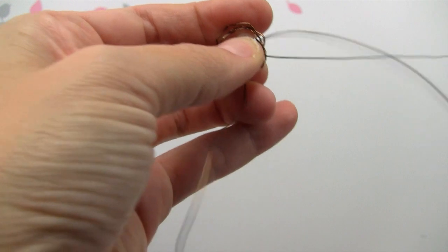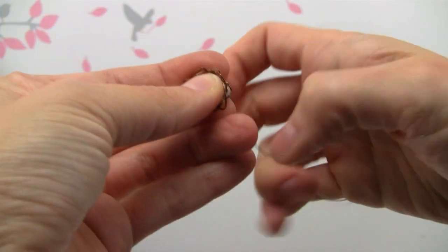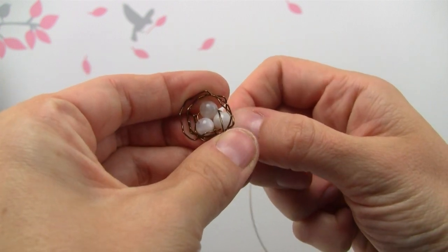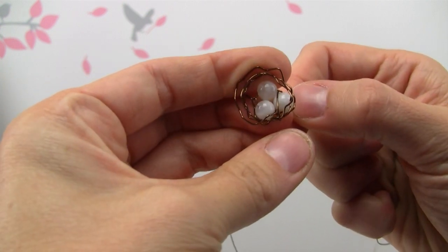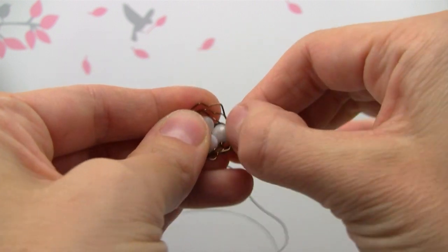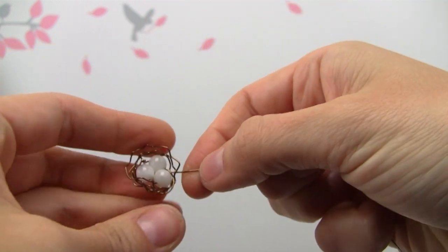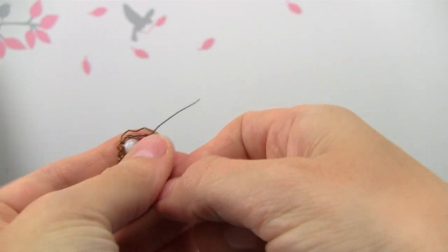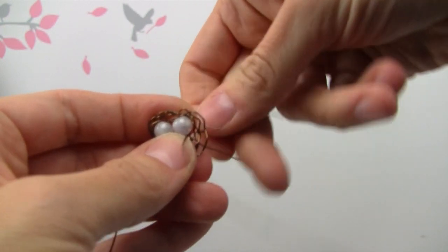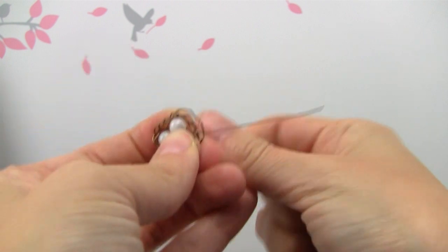And then you can just kind of move down and do it again. Just kind of hold your wire. If you pull your wire super tight, like here's my wire, if I pull it super tight, it's going to go right there and overlap and go on top of this egg. So I want to hold that wire in place as I do this so that it doesn't do that. And now I'm going to do it up here. So I'm making like three little connections there,